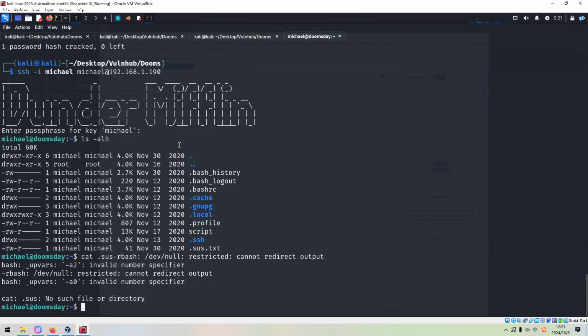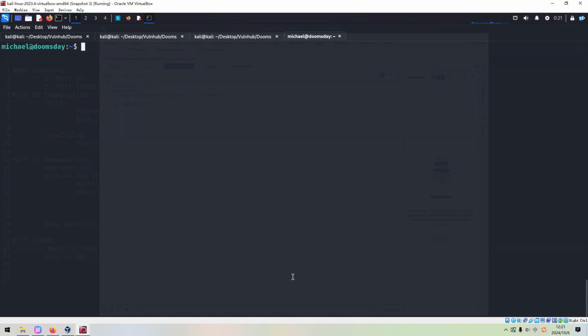I think we cannot run many commands, cannot redirect output. We are within a restricted bash. So before we go further, we need to escape from this restricted bash, and we can use Python to escape. pty spawn.